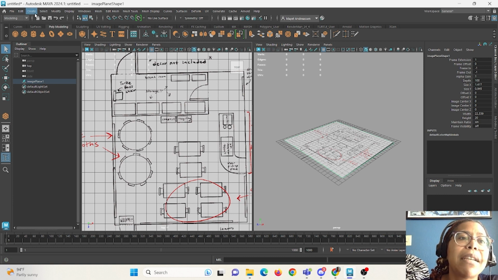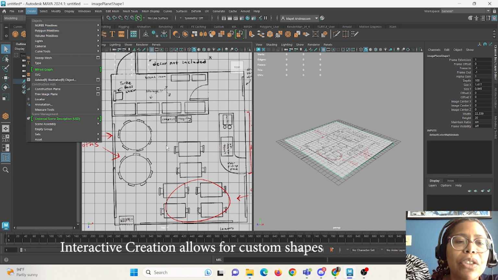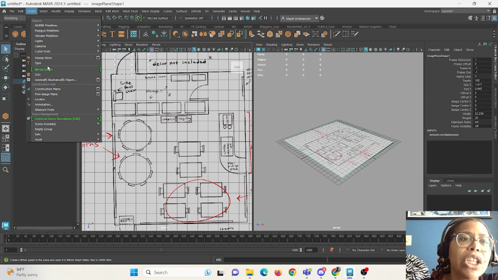Okay, so we're going to be in the poly modeling shelf, which is right here. But before we go into it, under Create, make sure your polygon primitive has interactive creation checked on. And the reason why I say this is because these objects here, nothing is really square, right? So if I start with